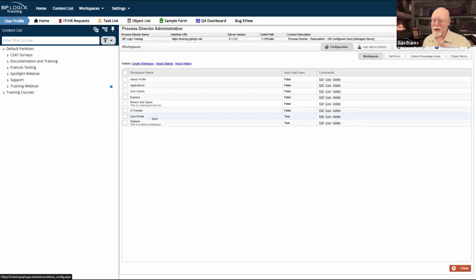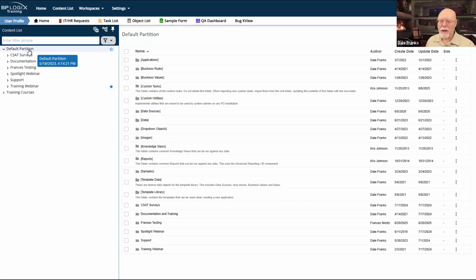Let's keep talking about the content list, because this is another important thing that you need to do whenever you first install the system, and that is partitions. Let us be sure that for our partitions, we apply them early and we give them adequate security.